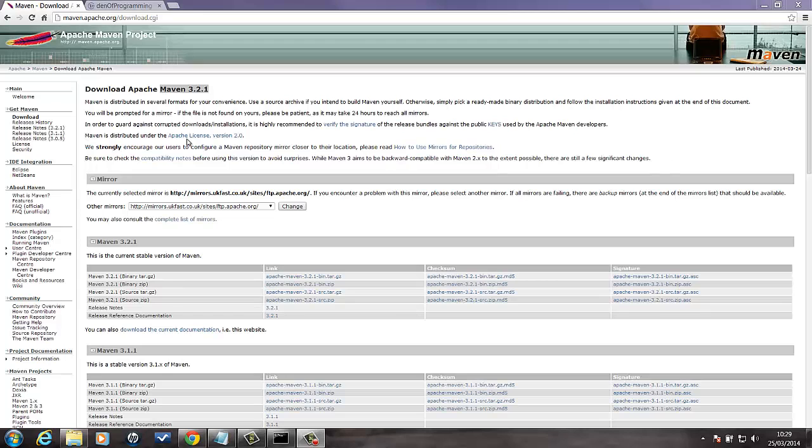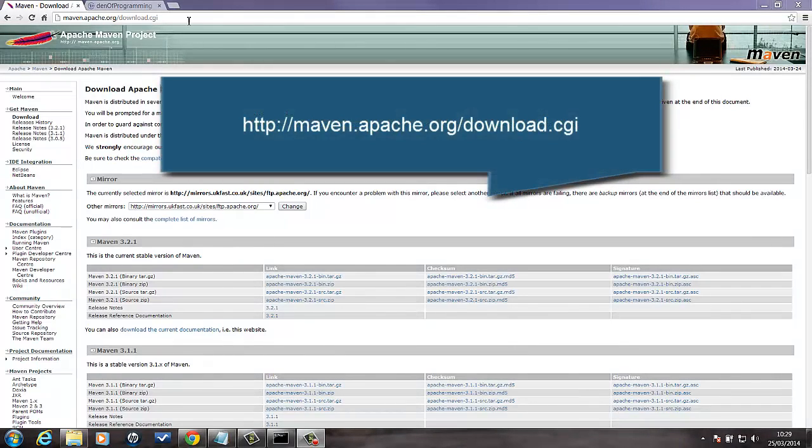That's great. So now we have a Java development environment installed. We can get on with downloading Maven, installing Maven, and then setting up the environment variables for Maven. So if we head over to this URL, maven.apache.org/download.cgi,